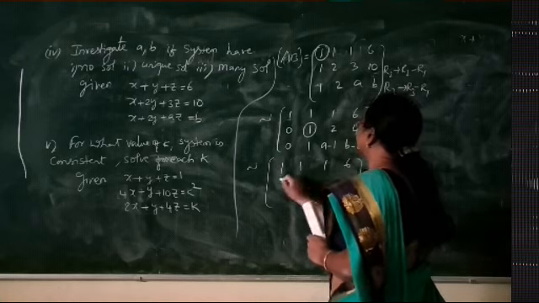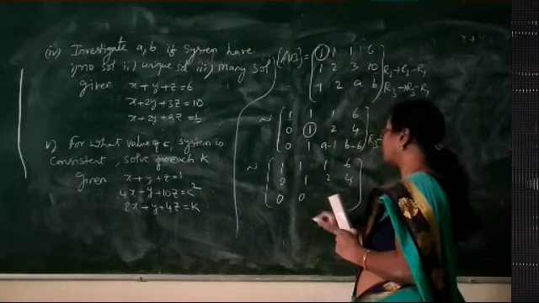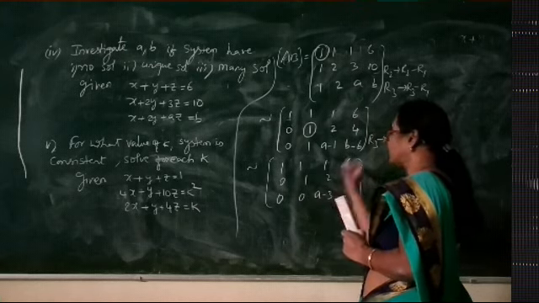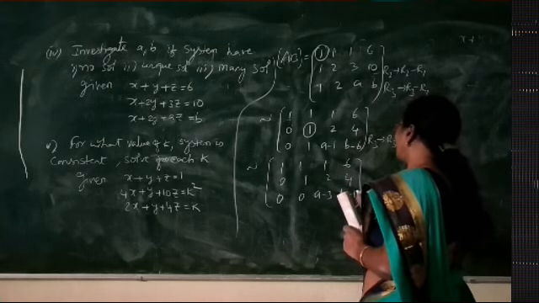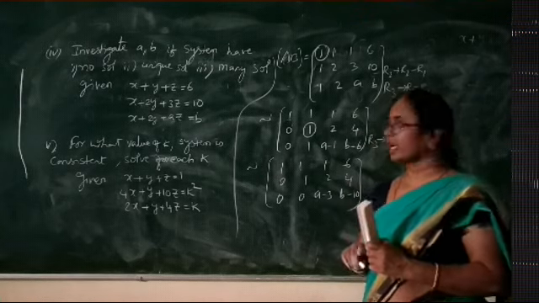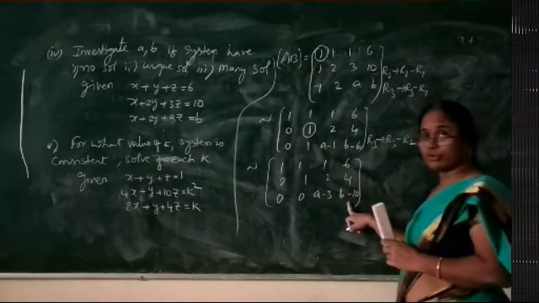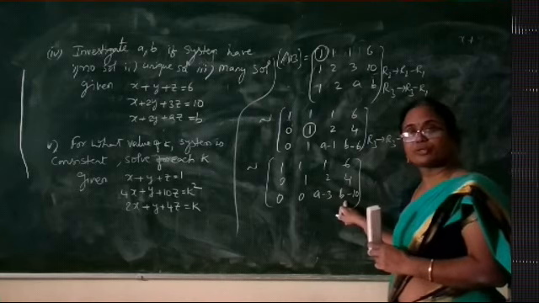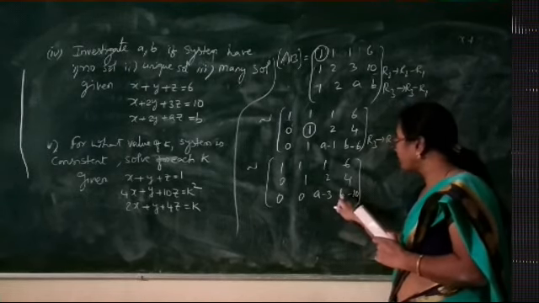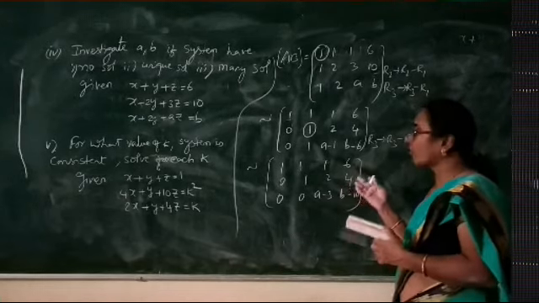So 0, 1, 2, 4, 0 minus 0, 1 minus 1, A minus 1 minus 2, A minus 3, B minus 6 minus 4, we have got B minus 10. Right? Now look at the matrix. All the three are non-zeros. How can we say that? The last row is also a non-zero row unless and otherwise we have the values of A, B. We cannot say.